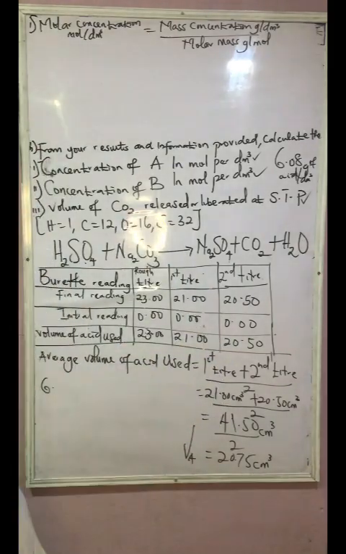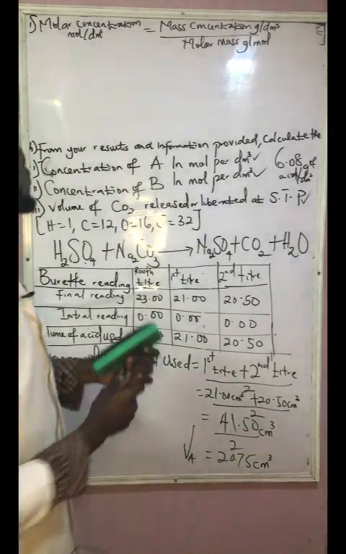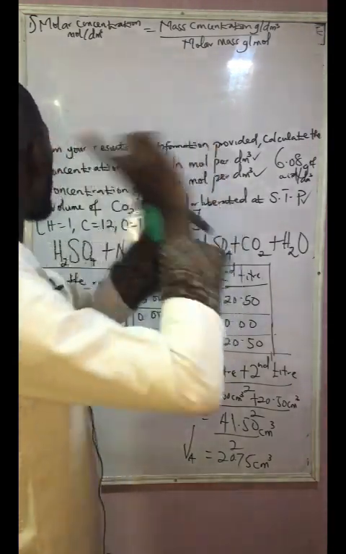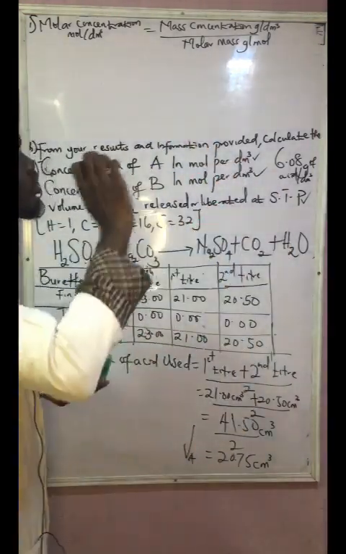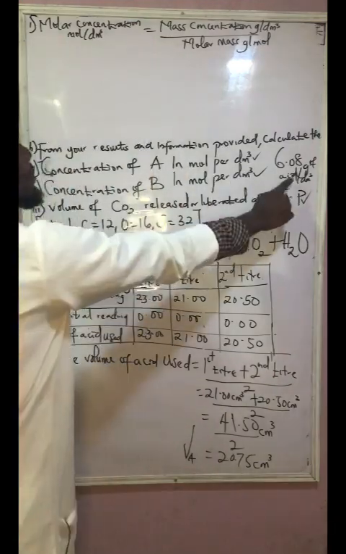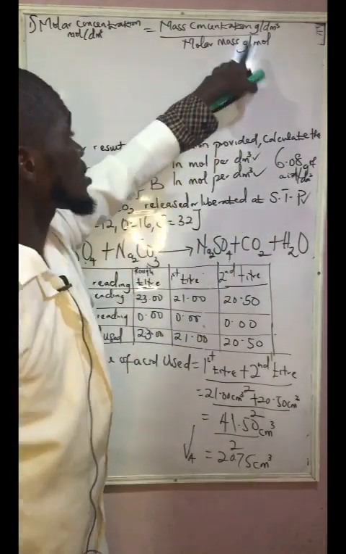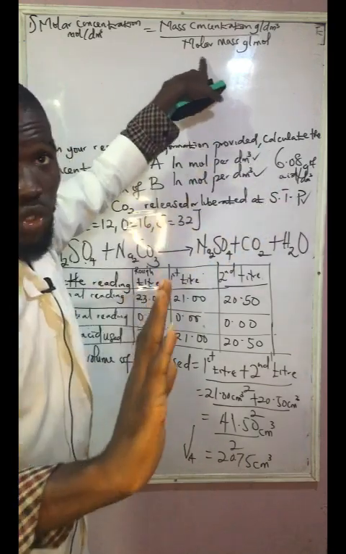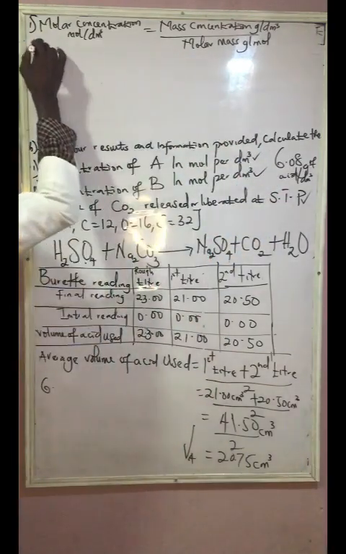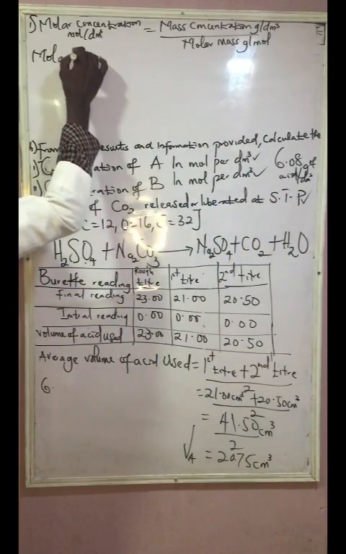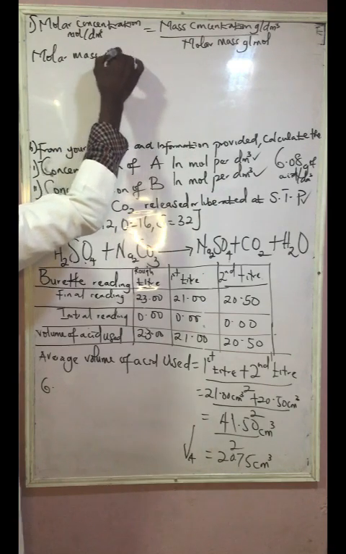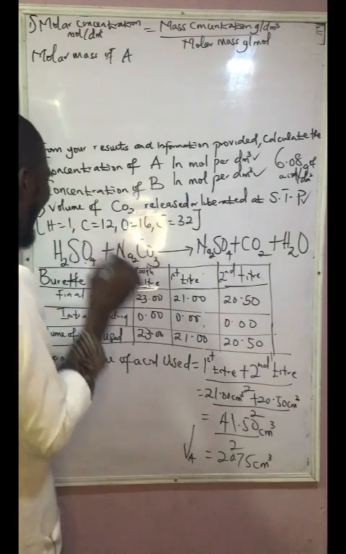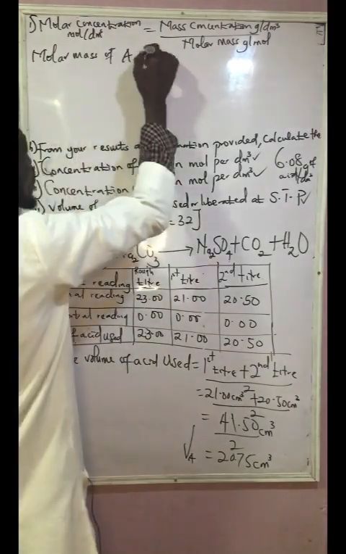So guys, how do we tackle this kind of question? The concentration of A in mole per dm cube: the first thing you need to know is that the mass concentration in gram per dm cube is this value here. We have that already, but this we don't know. So we need the molar mass of A. The A here is the acid, which is sulfuric acid,